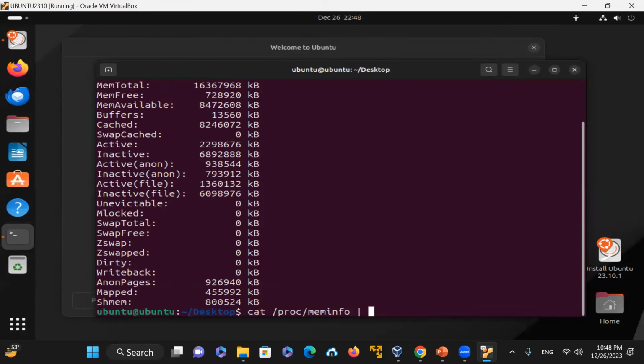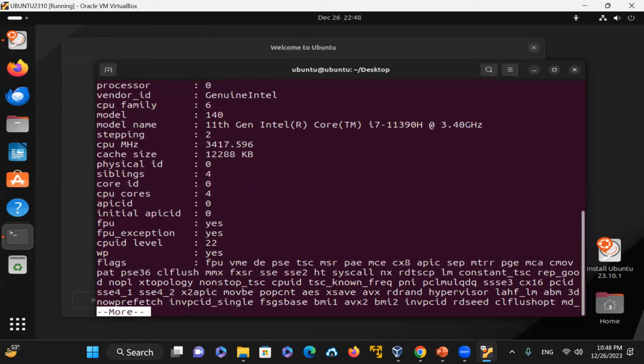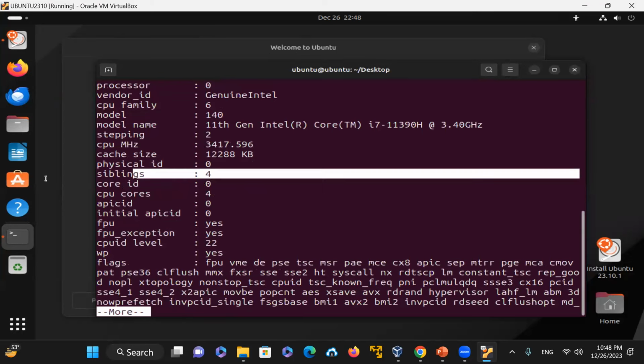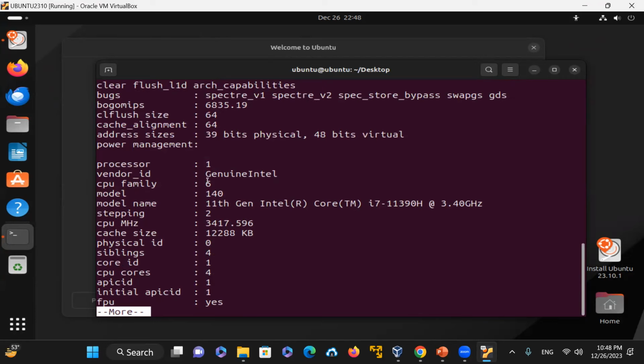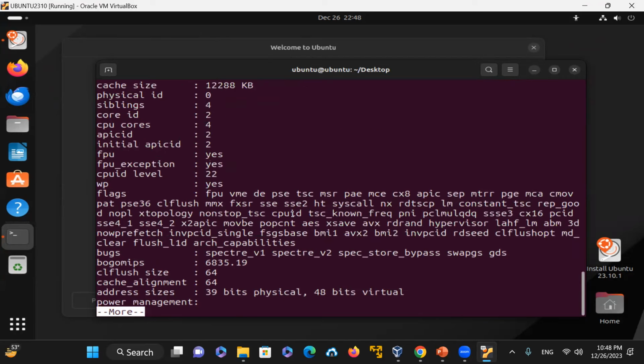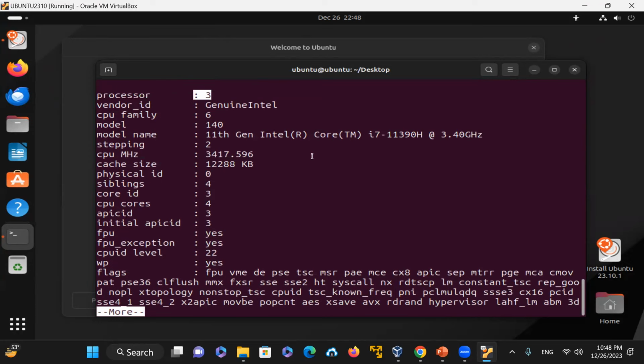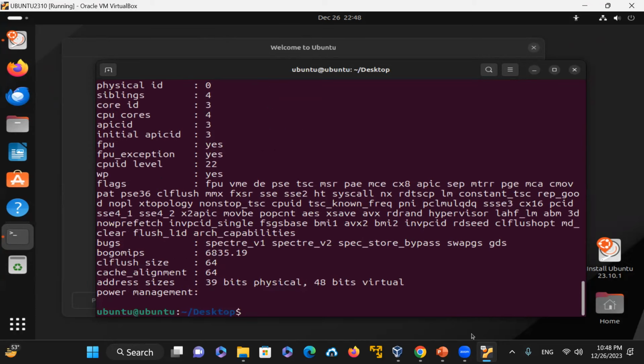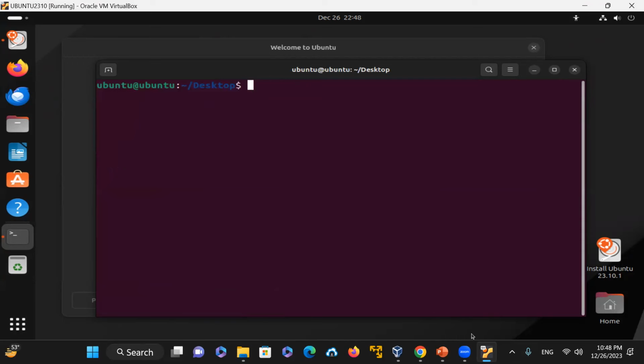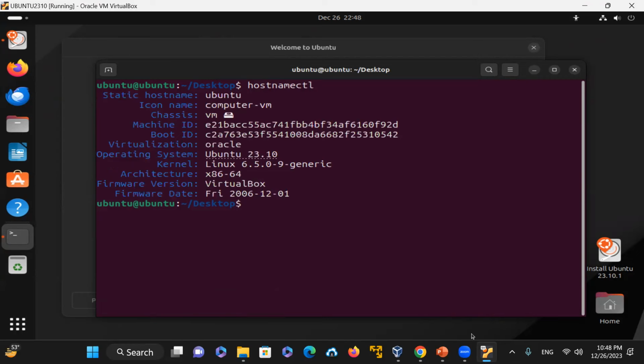And similarly, if I look at the processor info, /proc/cpuinfo, then you can get all the information about the CPU. There are 4 of them that I have installed on this one: processor 0, 1, 2, and 3. 3 is the last one, which is processor 4. And then the speed and everything. You can also use the hostnamectl command to get all the information about the virtual machine installed. It's VirtualBox software. And then you can also do